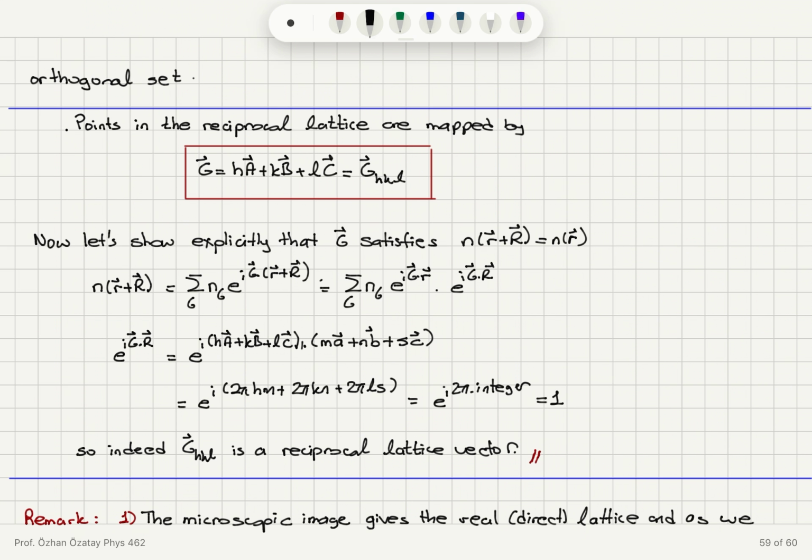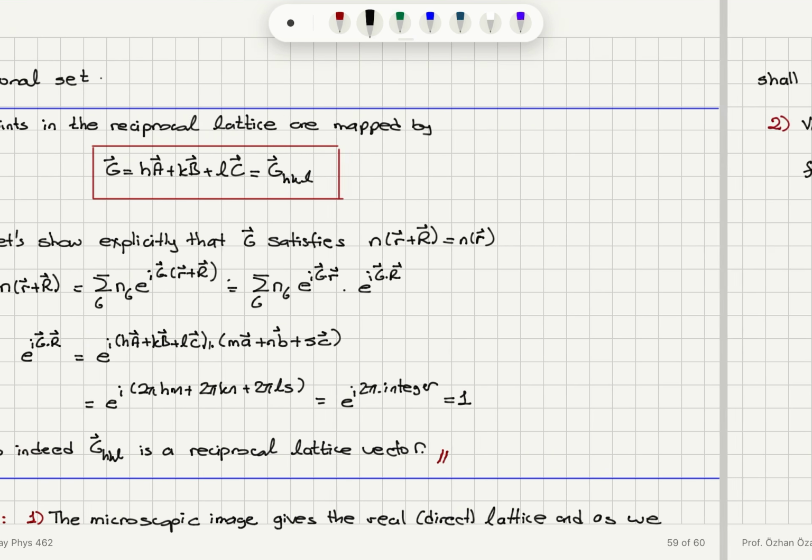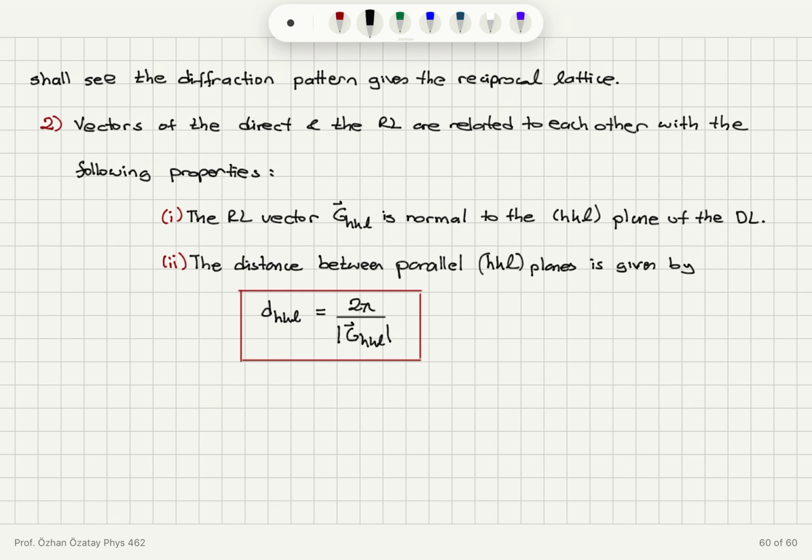And we had some final remarks about this. The reciprocal lattice vector, which can be written in the form HA plus KB plus LC, where A, B, and C are now the reciprocal lattice primitive translation vectors. The microscopic image gives us an image of the direct lattice. The diffraction pattern gives us an image of the reciprocal lattice. The reciprocal lattice vector G_HKL is normal to the HKL plane, and therefore the distance between two parallel HKL planes is 2 pi divided by the magnitude of